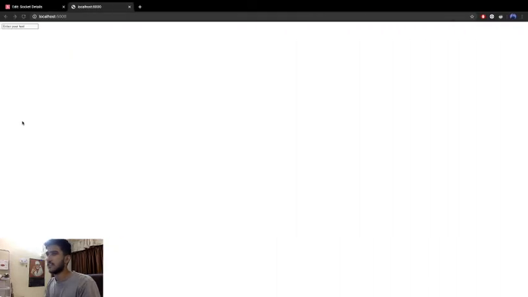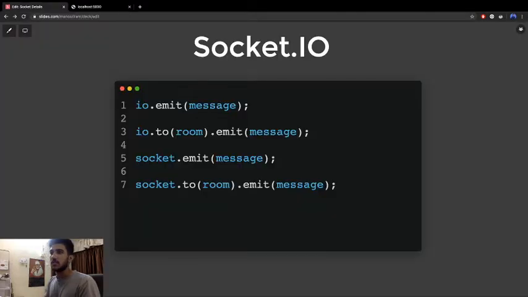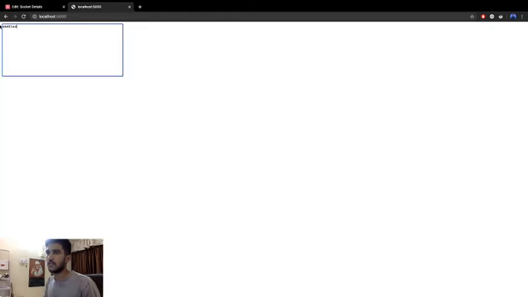So let's save that and reload this. Okay, this seems good, you can actually drag this to size it however you want. Now we can type, and you can see it's coming in. So now we have this set up. Now what I want to happen is that whenever you type here, this is sent to the server. As you can see, to emit something we can do io.emit(message). The message is nothing but what we enter here.